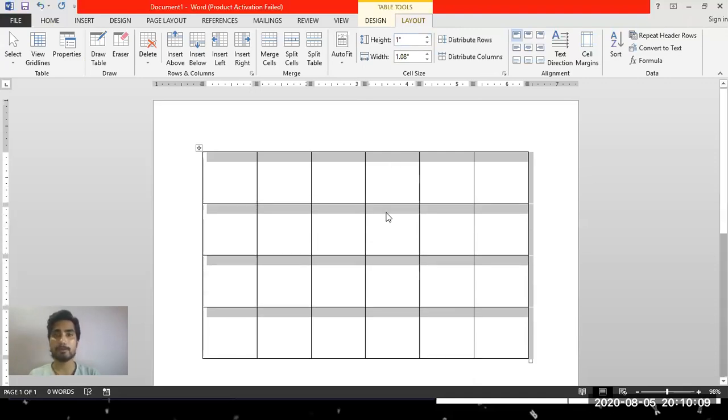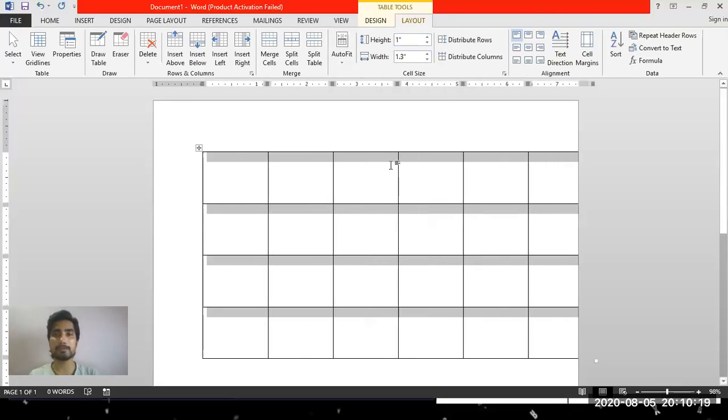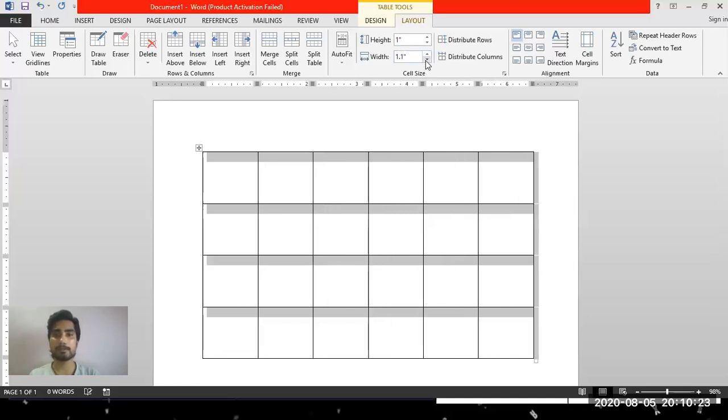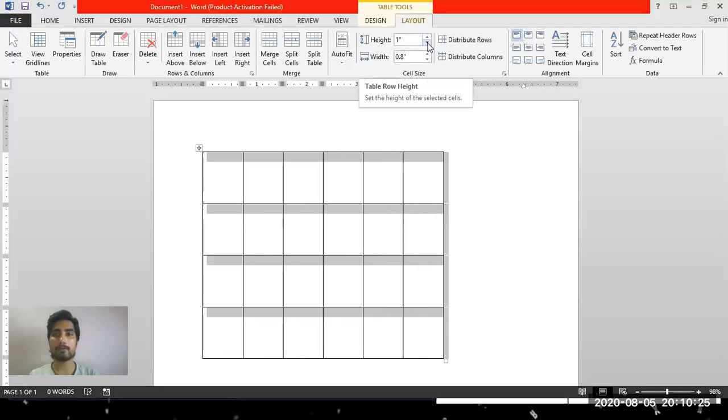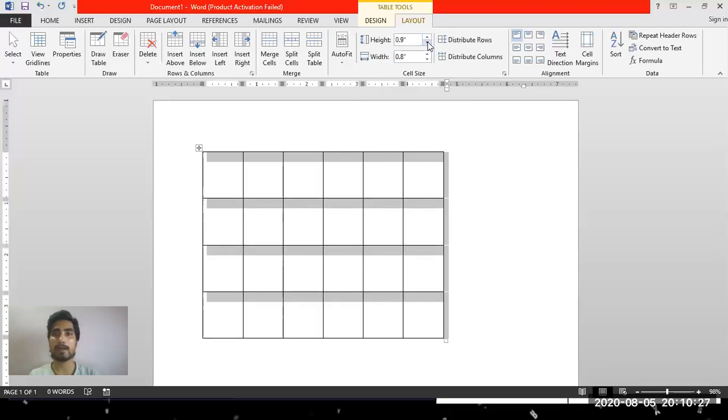Now if you want to increase the width also, then increase the value in the width box. Click on the upper arrow for increasing the width, and you can see the width is increasing. If you want to decrease that, click on the downward arrow for decreasing the width and the downward arrow for decreasing the height.